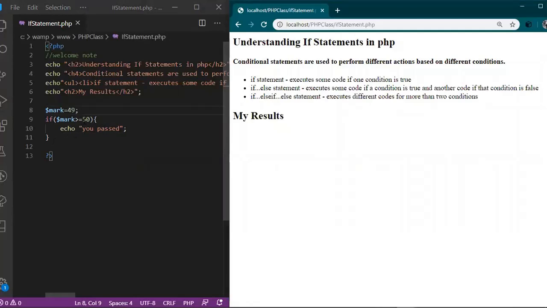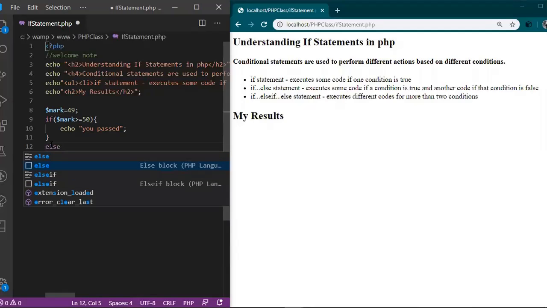So now let us look at how the else statement works. So what happens if a student's mark is not greater or equal to 50? We want to tell that student that you failed. So in this case, you use the else. When you're using the else, you don't add any condition. So we shall just say,